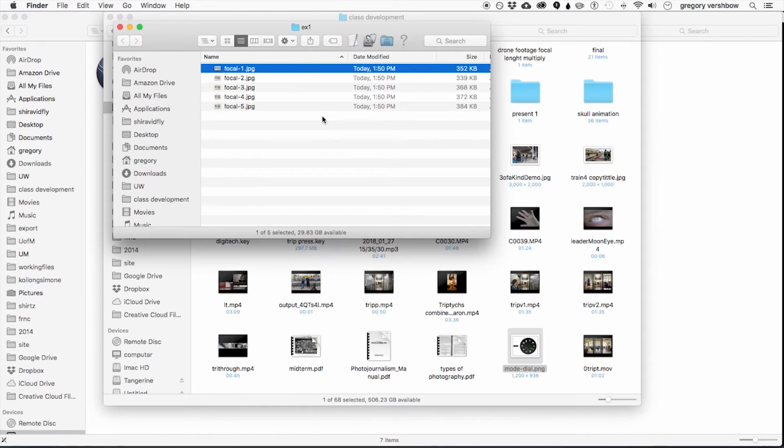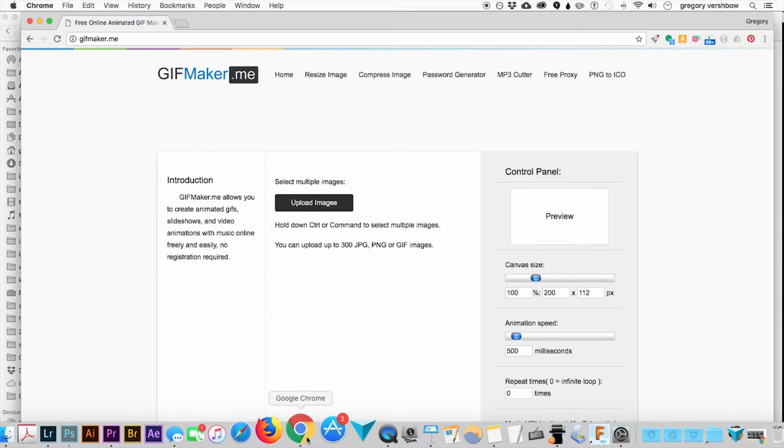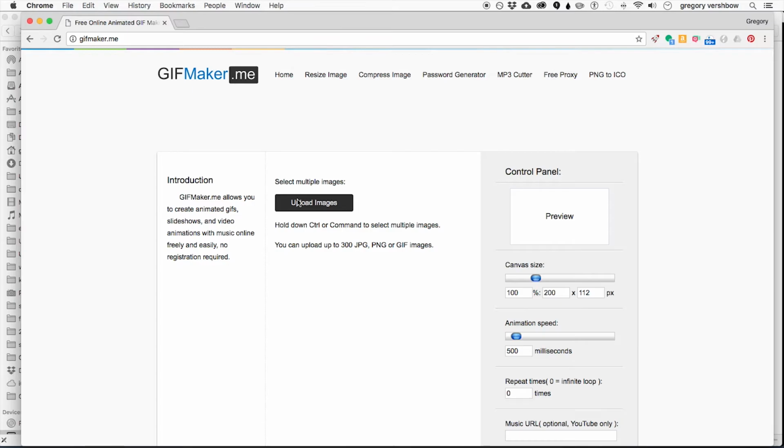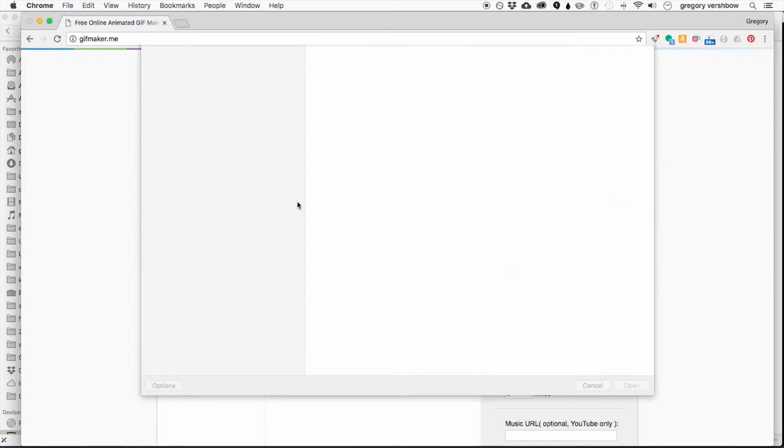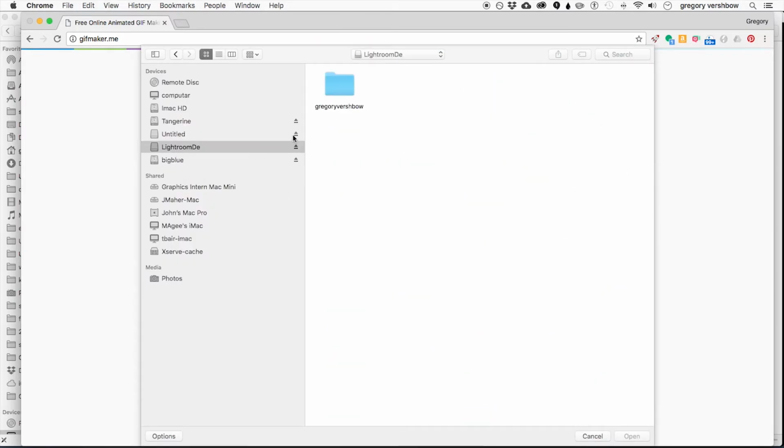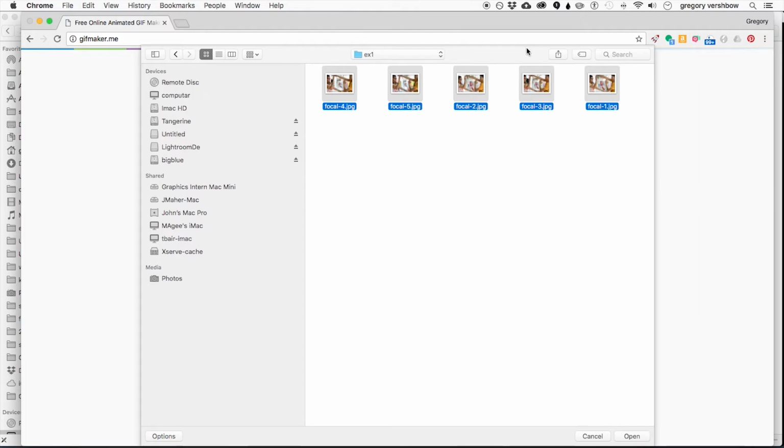And to put these together into a GIF, we're actually going to keep it simple. We will learn a little later in the class how to make more advanced GIFs and animations in Photoshop, but for the time being we're just going to use a web app, and in this case I'm going to use this one called Gif Maker. I simply select Upload Images, navigate to that folder, select all the files,